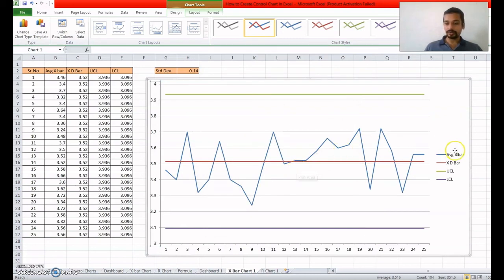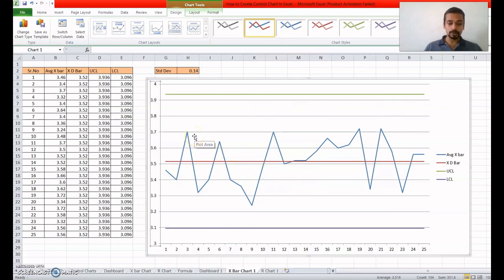Here is the graph. So x bar is our average value. So here you can see our value is well within the upper and lower control limit. So it is the lower control limit, it is the x double bar value, and it is our upper control limit. So our x bar is well within the specs.